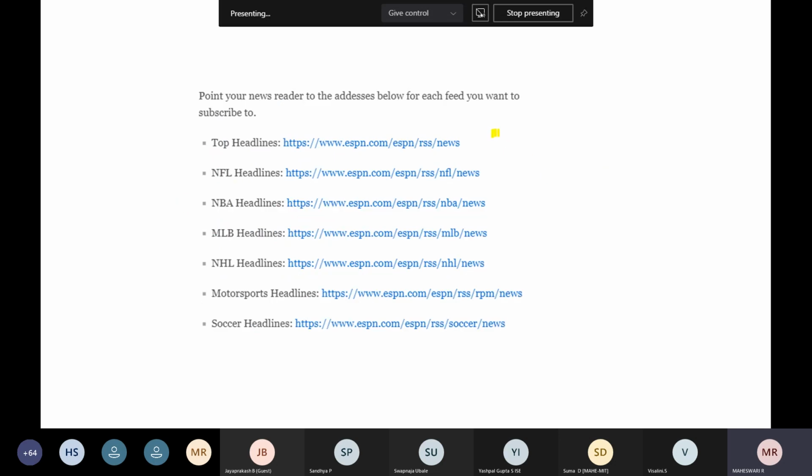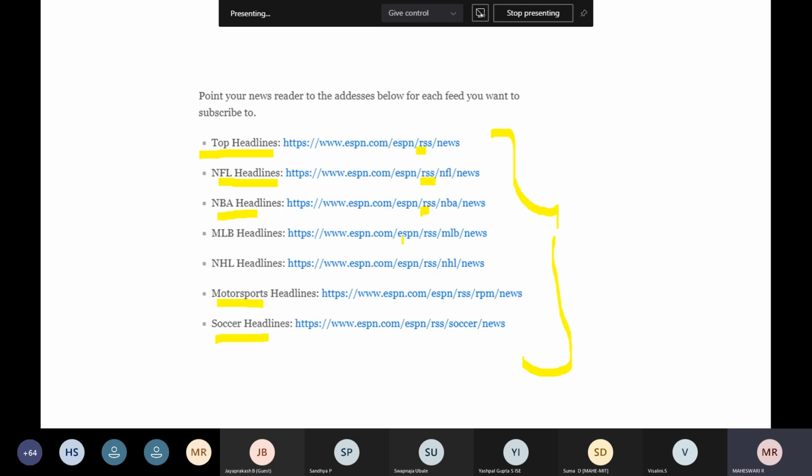These are the various RSS feeds, and you see everything has been incorporated as RSS. There is RSS for headlines, NFL headlines, NBA headlines, sports, motor sports, like this. For every vertical they have a separate XML file designed for it.